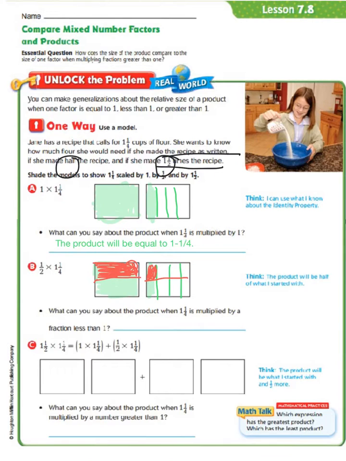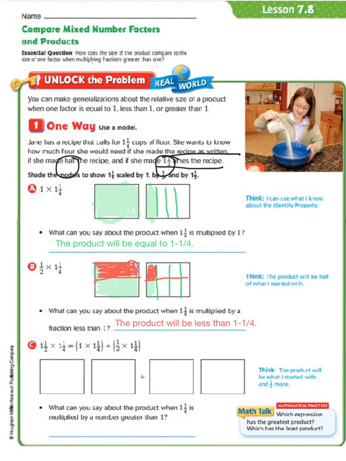So now it asks, what can you say about the product when 1 1/4 is multiplied by a fraction less than 1? And let's think about that. It should be that the product will be half of what I started with. So let's see if that's the case. When we look back up to here, we see that when we multiply 1 times 1 1/4, it equals 1 1/4. Now when we look down here at 1/2 times 1 1/4,